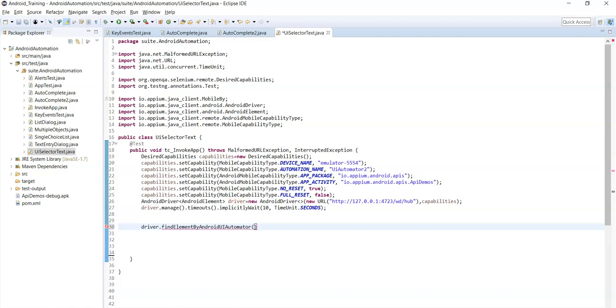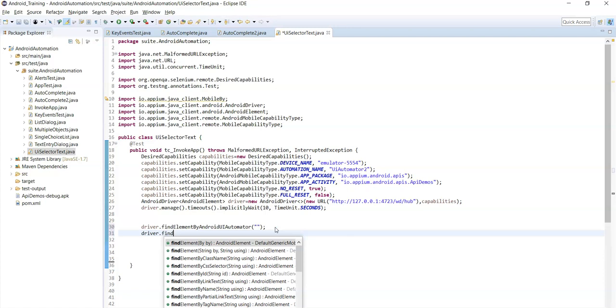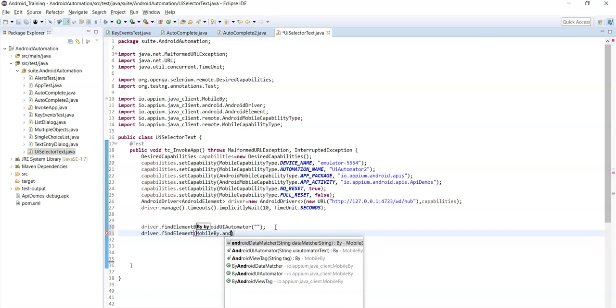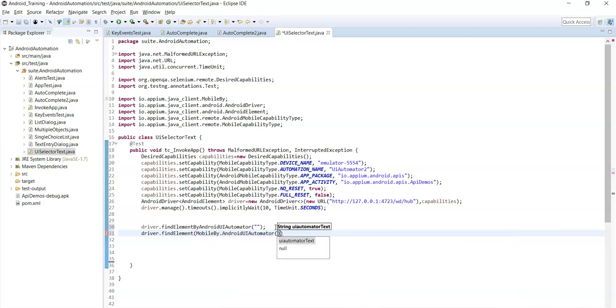So this is the method they have implemented in the latest releases. So you can use this approach. Let's see which value we need to pass here. You can use it this way, or you can use driver dot find element of mobile by dot Android UI Automator, same as ID, XPath, class name, accessibility ID. So let's see later which value we need to pass inside this method.